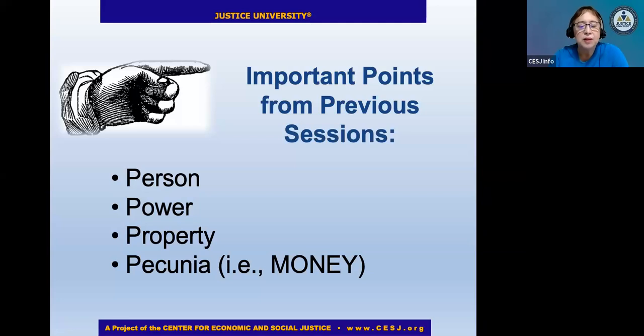Property, to reiterate, are the rights and powers that an owner has with respect to not only his or her own labor, but also capital, the non-human things that are used to produce goods and services. So that is a definable right. It relates to distributive justice. Just to keep the P's all in order,